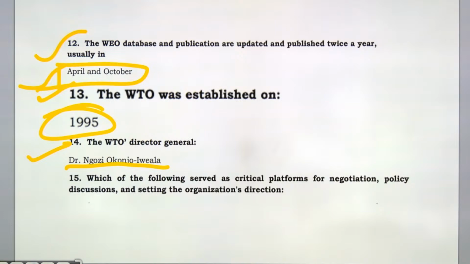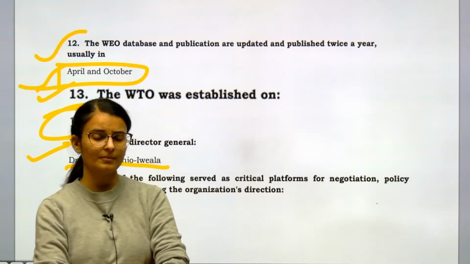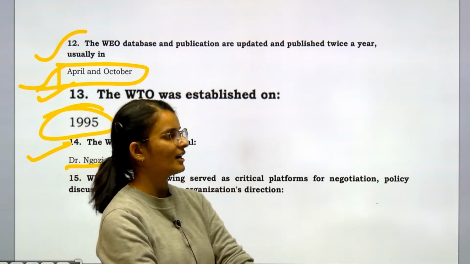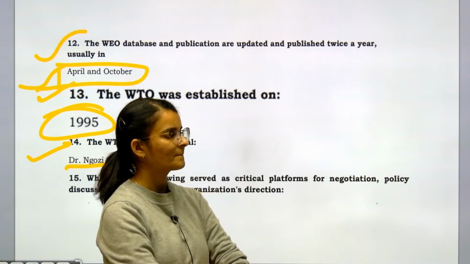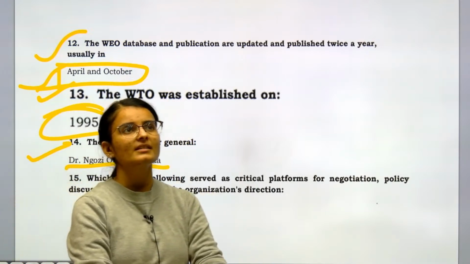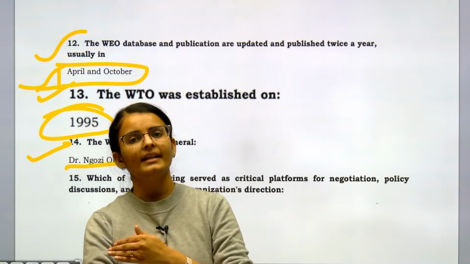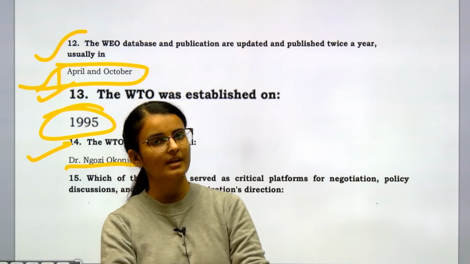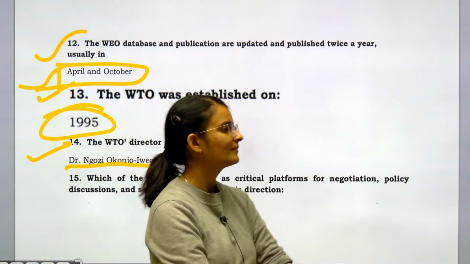Hello Harshini. Ma'am, static or current, from which question is asked? From both. Sometimes based on static they ask current question, and based on current they ask static question. Getting my point? It is vice versa. For example, if there is an amendment in any act, then they can ask you a static question because that act is in current news, or they can ask a current news from a static part. Okay, getting?